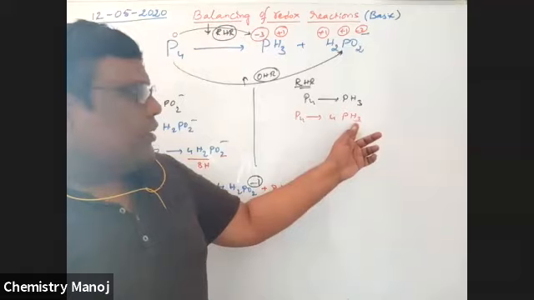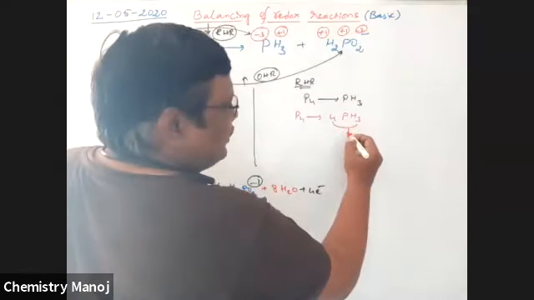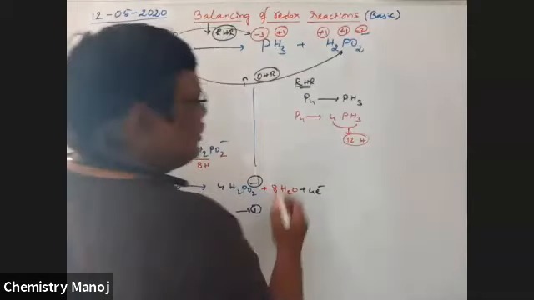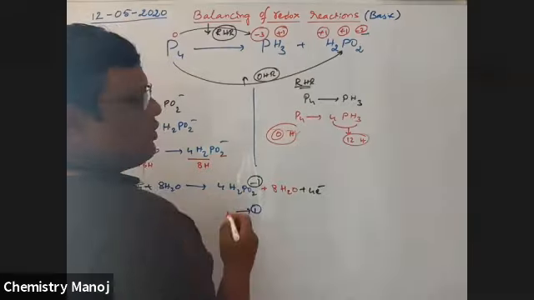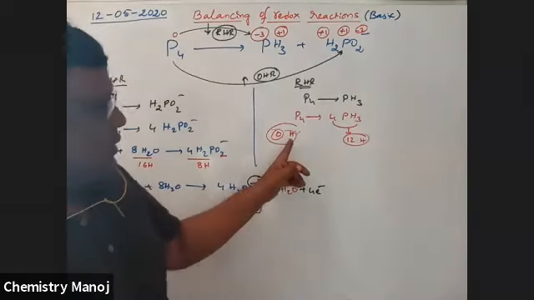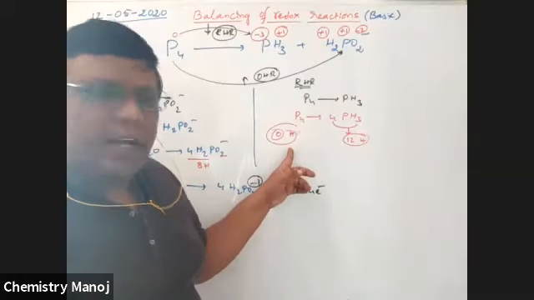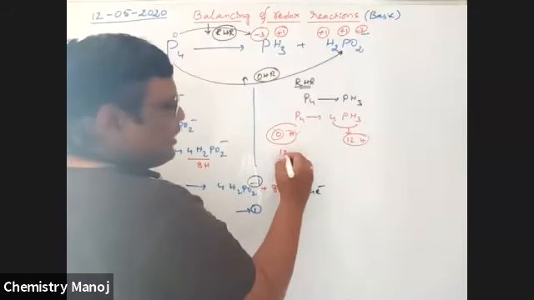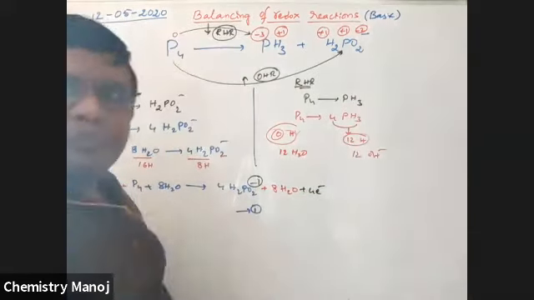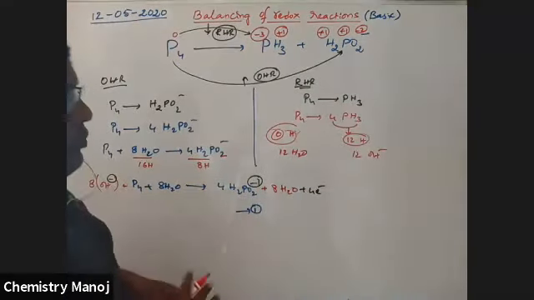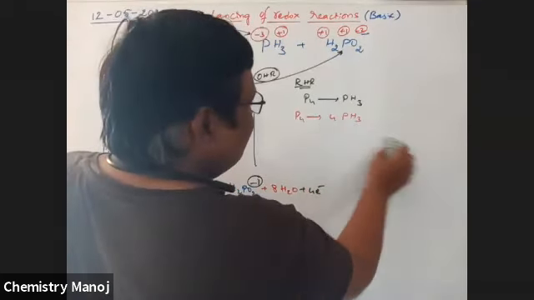So now directly balance the hydrogens. How many hydrogens are there? 4 times 3, 12 hydrogens on the right side, 0 hydrogens on the left side. Now the shortage is on the left side. On the shortage side, the required number of water molecules are added. That is, on the left side 12 water molecules, at the same time 12 OH minus on the right. Am I correct? Yes, correct. So now I am using the same condition.